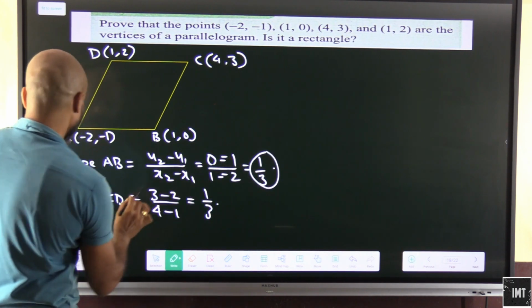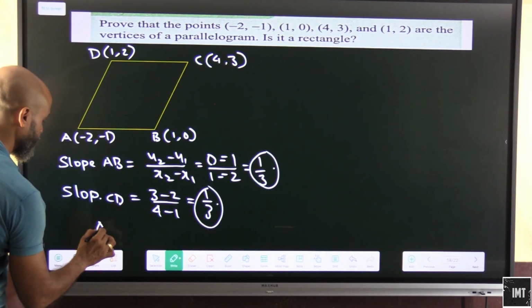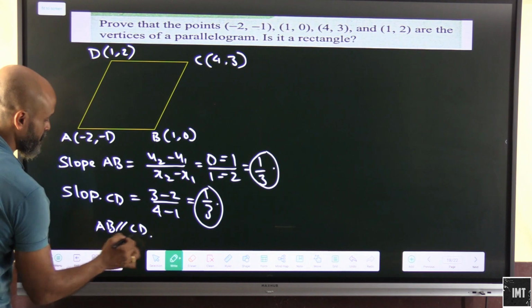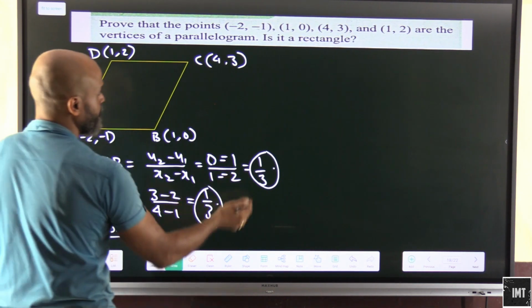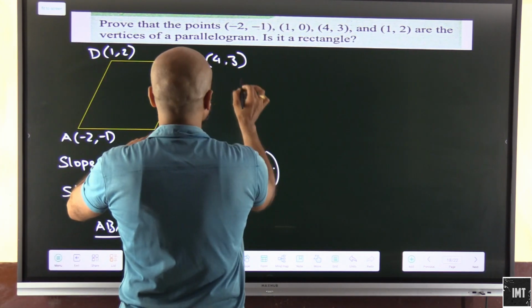So obviously AB is parallel to CD. Slope of AB is equal to slope of CD. So AB is parallel to CD. In the same way, if we take slope of